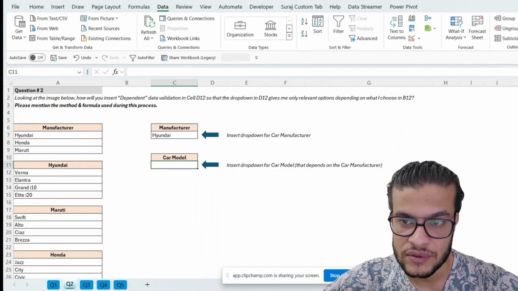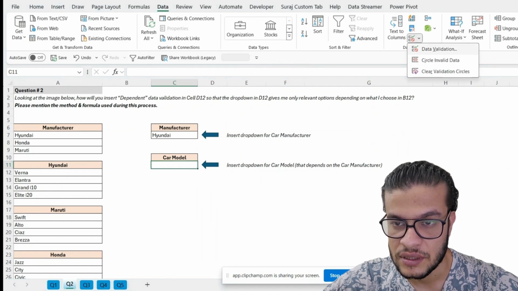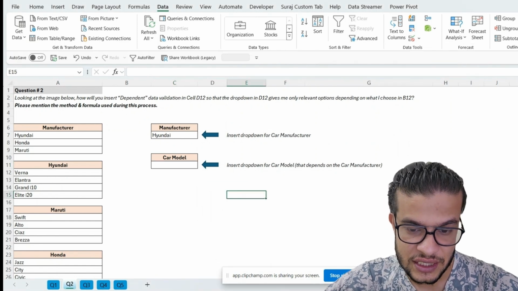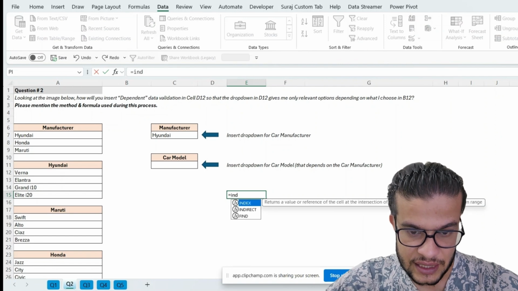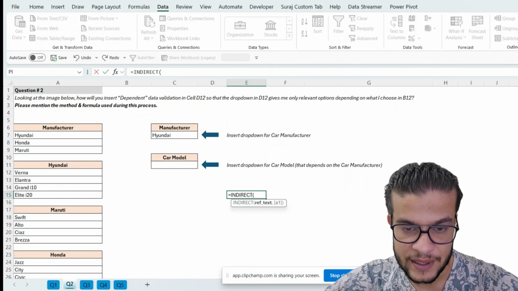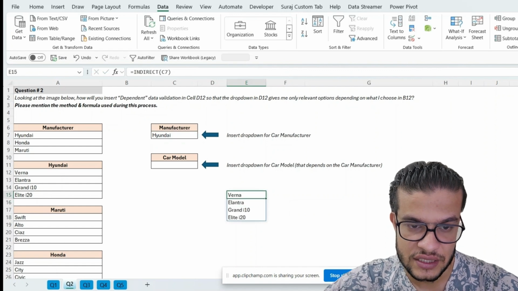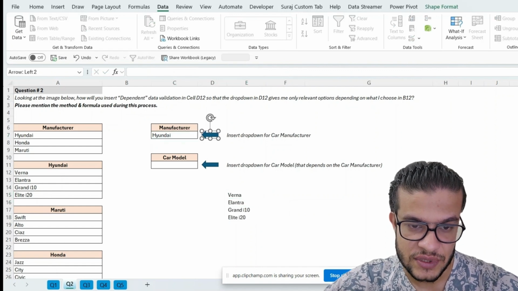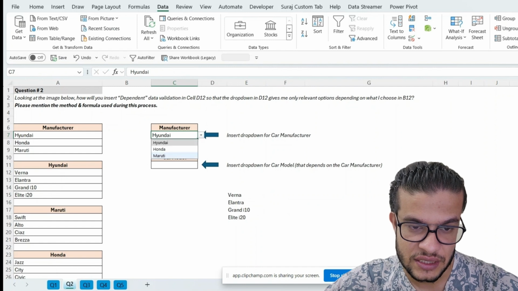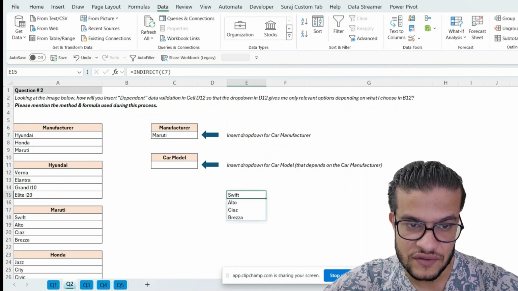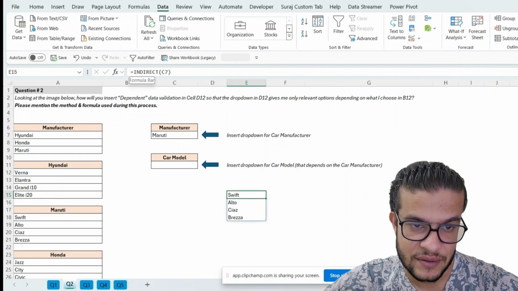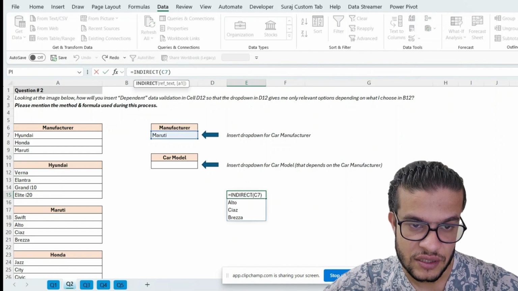Now for the next one, we'll again need to go here. What we need to understand, let's just write out one equal to INDIRECT. We will use the INDIRECT formula. The reference text will be this one, and then bracket close. We have one. Now let's change it to something else. Maruti, it changes. So this is the formula we need, INDIRECT of C7. Let's copy the same formula,